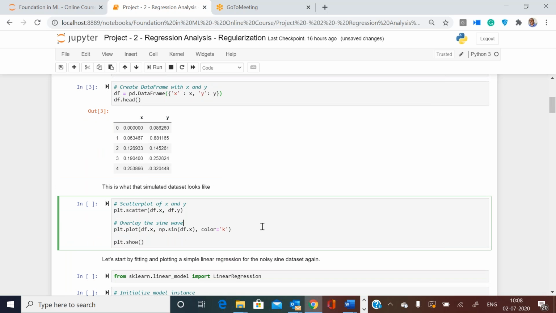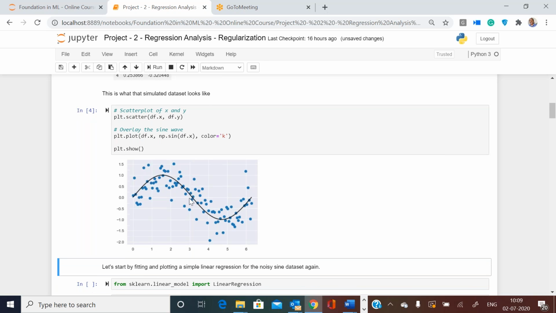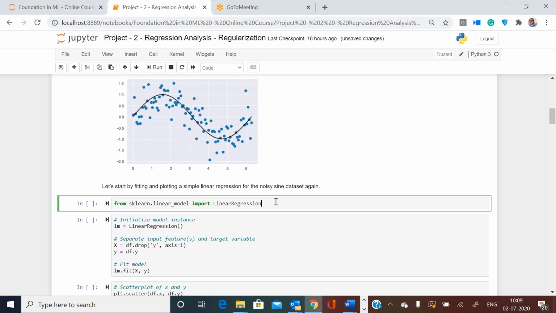After that, I wanted to visualize that. So basically I made a scatter plot of my x points and y points, and on that I am overlaying x on the x axis and sin x on the y axis, so that I know what are my points with noise and what is my signal. This is my black thick line, it is sin x. So I know the underlying relationship is actually sin x. I'm repeating these things just for all of us to be on the same page.